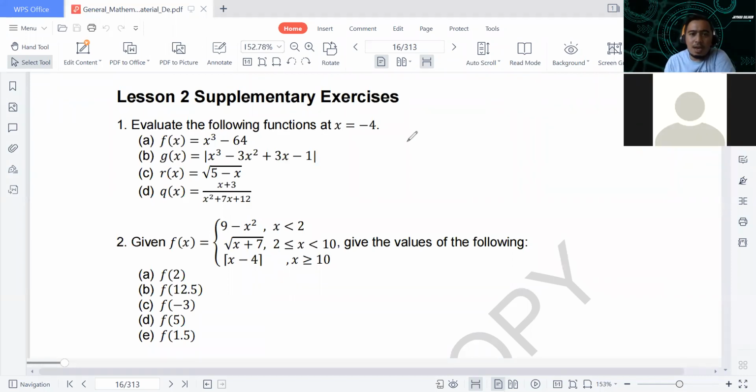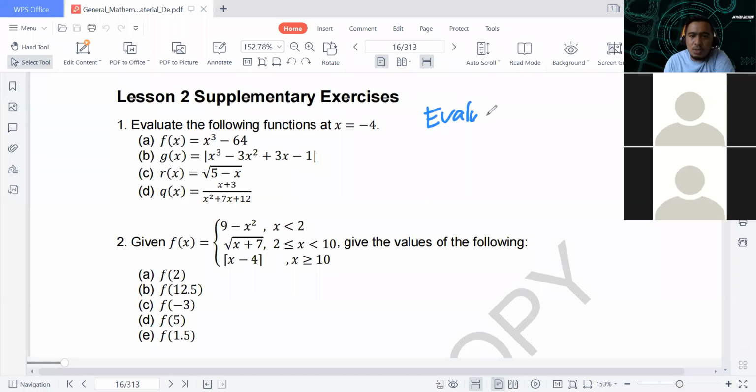Our topic for this afternoon is all about evaluation of functions. Okay, so our topic is all about evaluation of functions, and what we're going to do is, if you have a function, say f of x equals x squared minus 1, and say for example you are asked